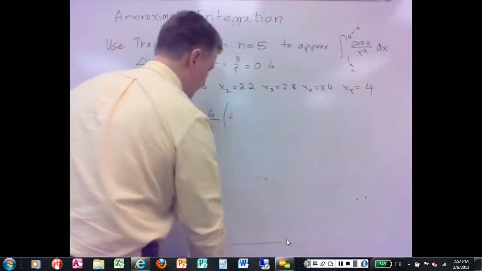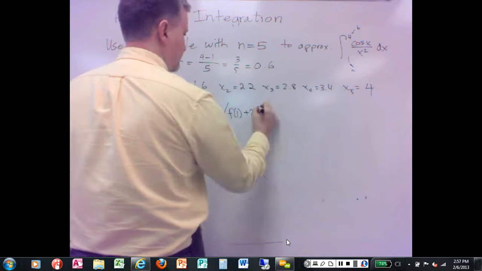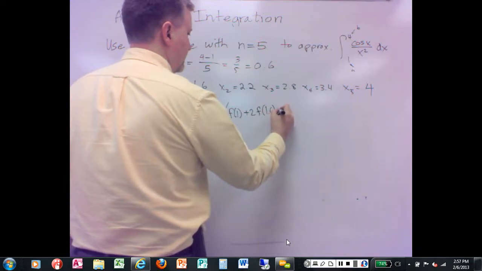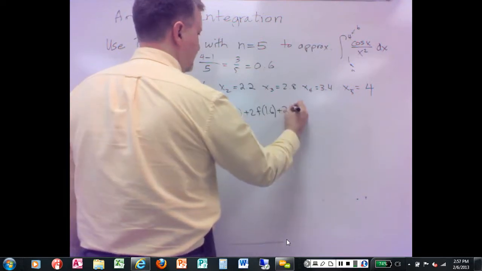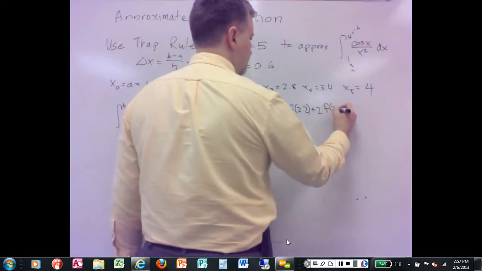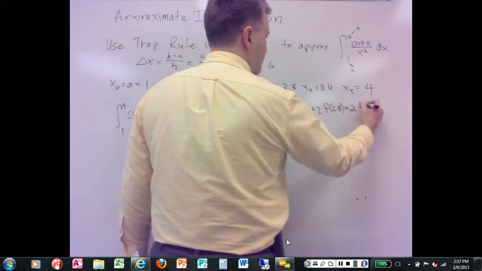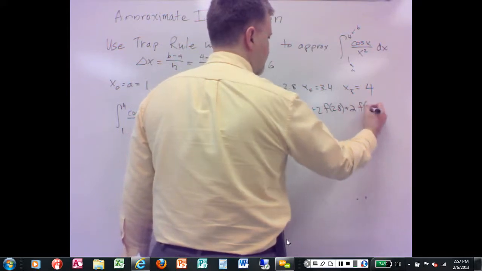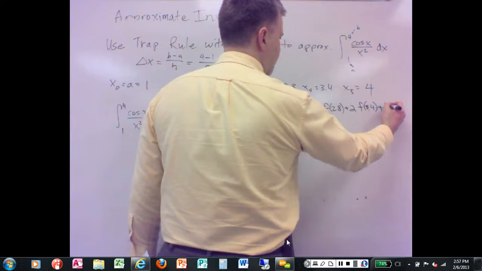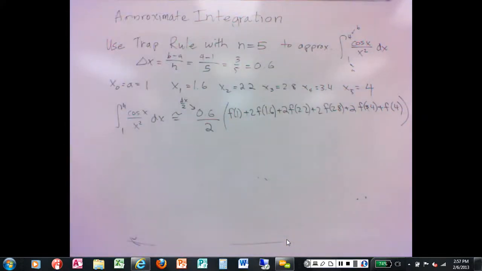So f of x sub 0, and then 2 times f of x sub 1, and then 2 times f of x sub 2, 2 times f of x sub 3, 2 times f of x sub 4, and then last but not least, just f of x sub 5, which is f of 4. Which you can go through and evaluate all those if you want to,